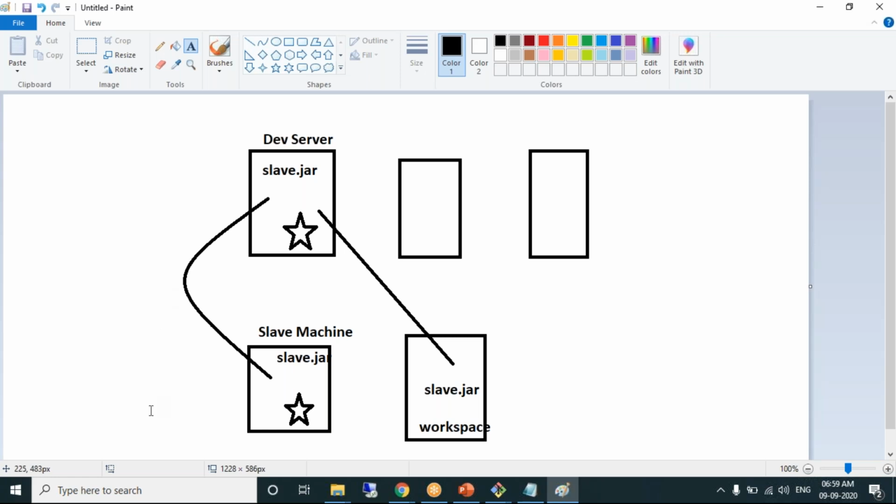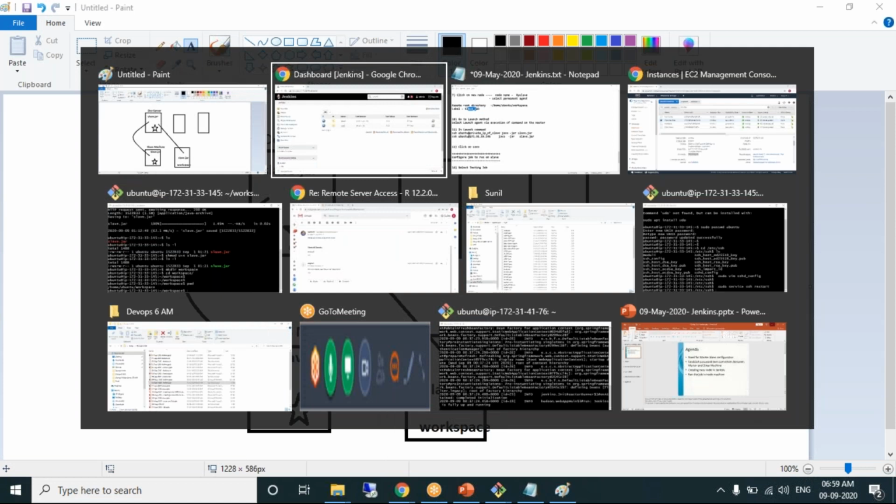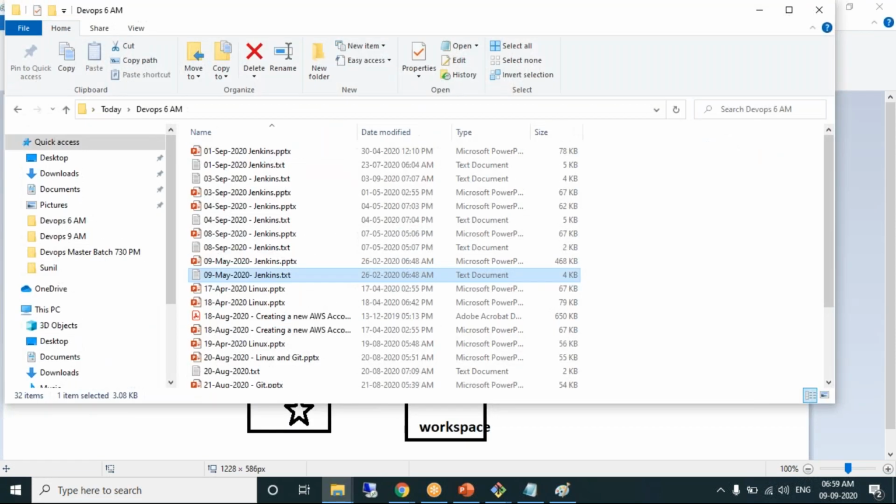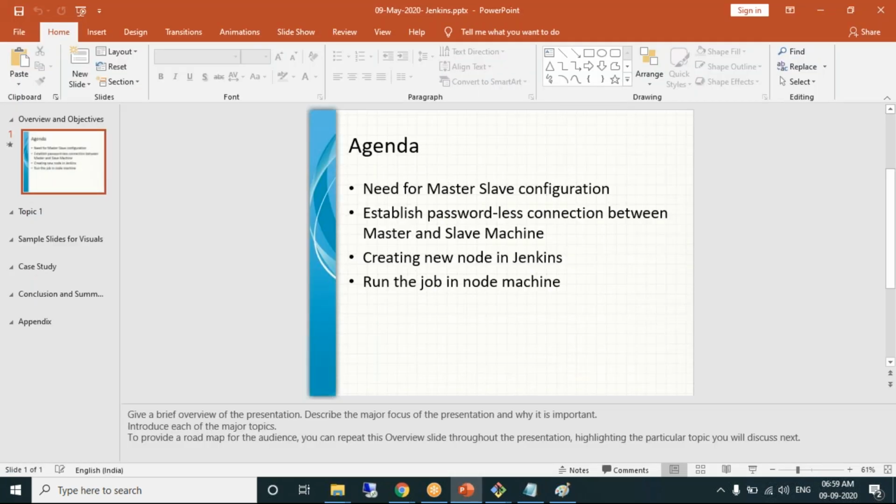Clear? So one master can have multiple slave machines. It is possible, and we should repeat the same steps. Create one more node and link it. It's easy. Master slave configuration is important.